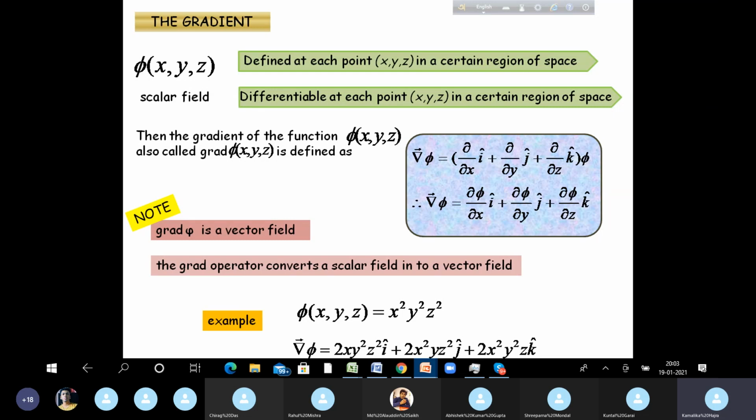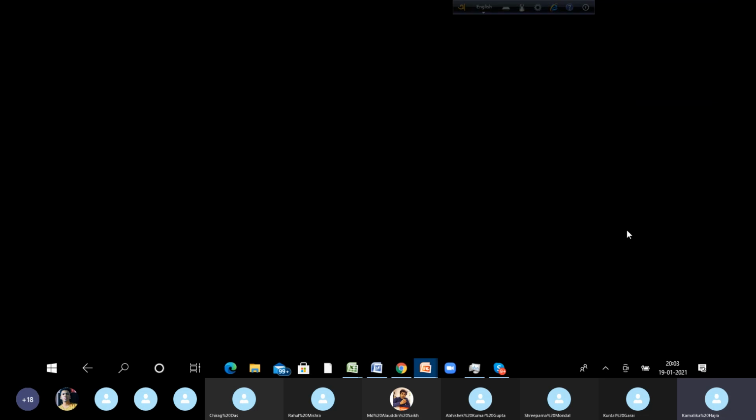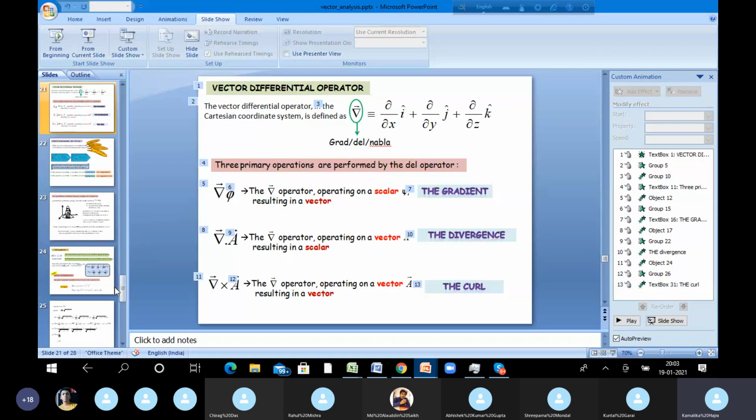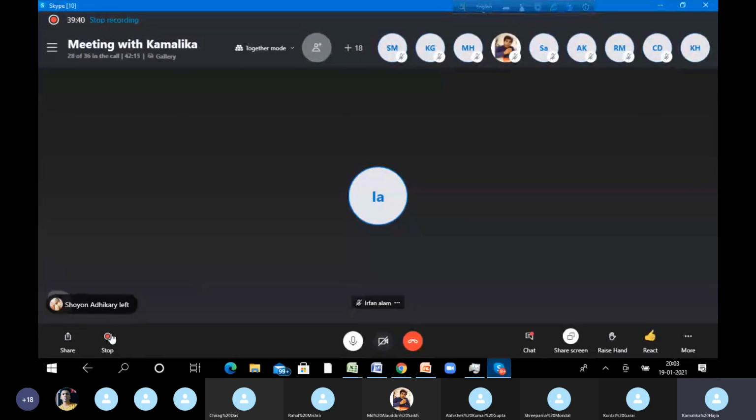Okay, and then we'll do some sums on gradient, and then we'll move on to the divergence and curl if time permits. Okay, so it's already past 8, so I'll end my class today. What I'll do is okay, so